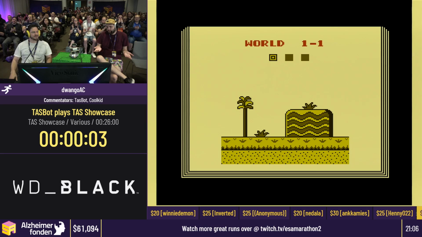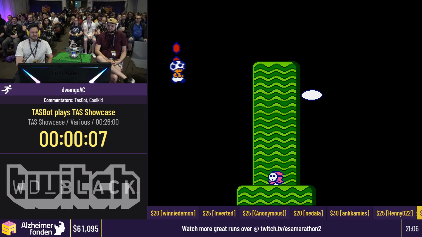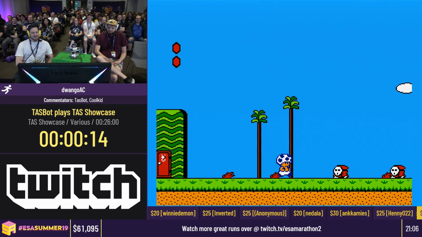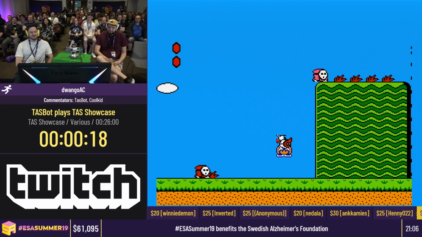Hey, he's Toad. It seems normal thus far. Okay. Yeah, this is how I would play it too. Perfect door landing. Let's see where it diverges from your normal route. Oh. Like it's going...